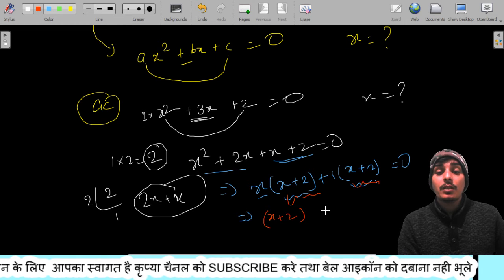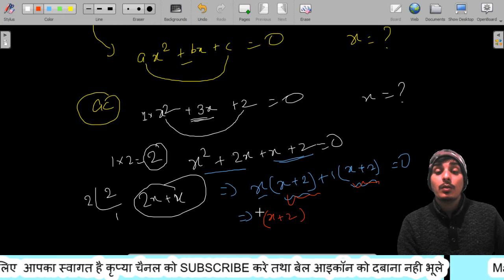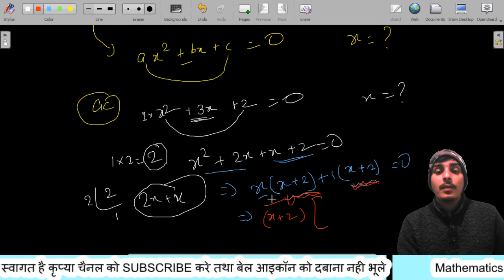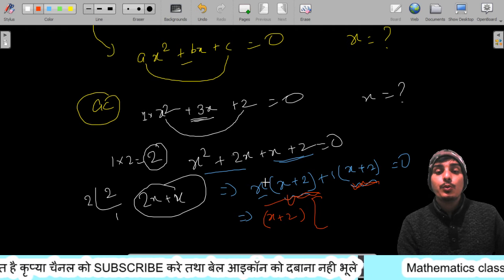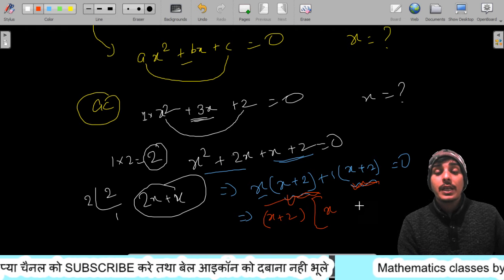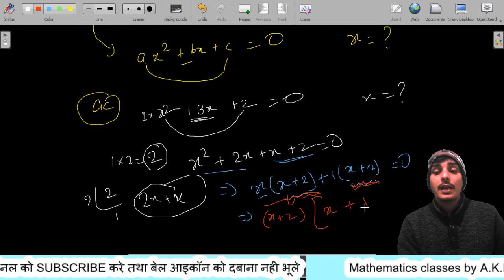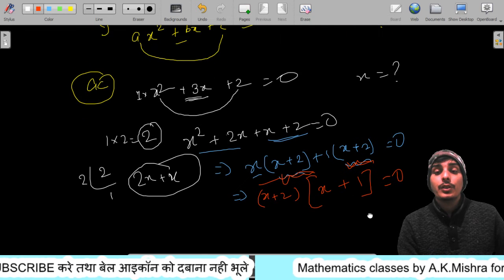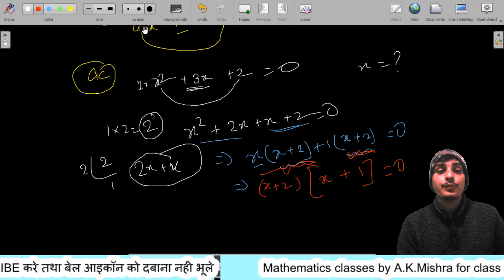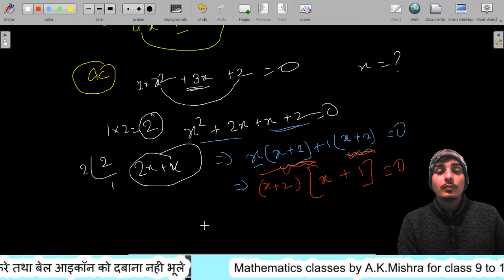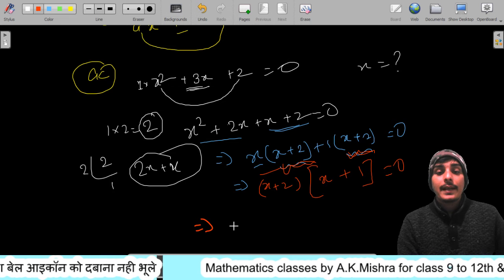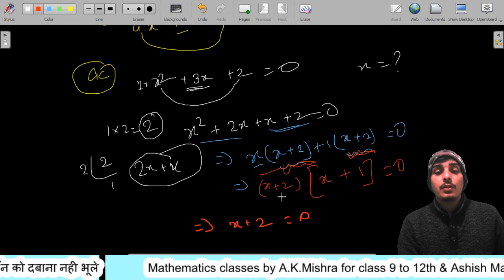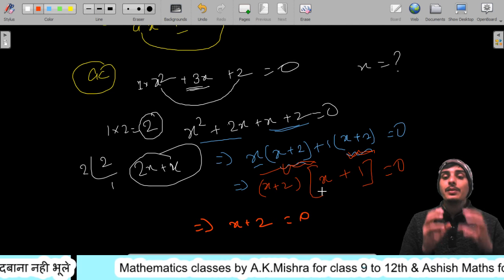So after taking the common x plus 2, x is left behind, and here 1 is left behind, and after that you will get the value 0. So at last, x plus 2 equal to 0, because the multiplication of the two numbers is equal